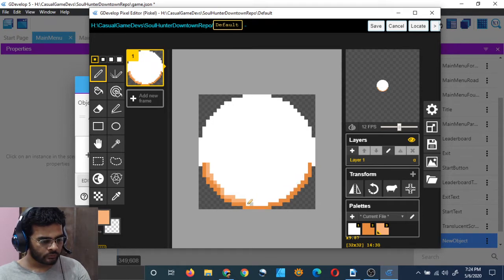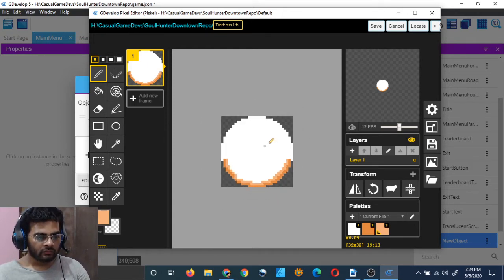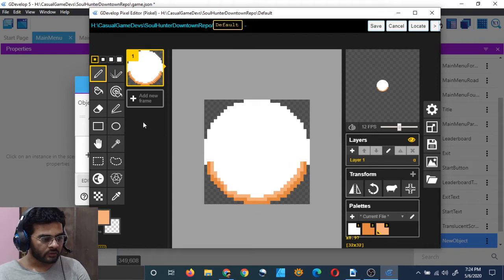Whoops, all the progress is gone. So when you are doing this, make sure to do it in discrete steps. Press the mouse button and leave it for some time, so that if you have to undo, it does not undo the entire thing. So there it is, it looks like a shaded button or something.